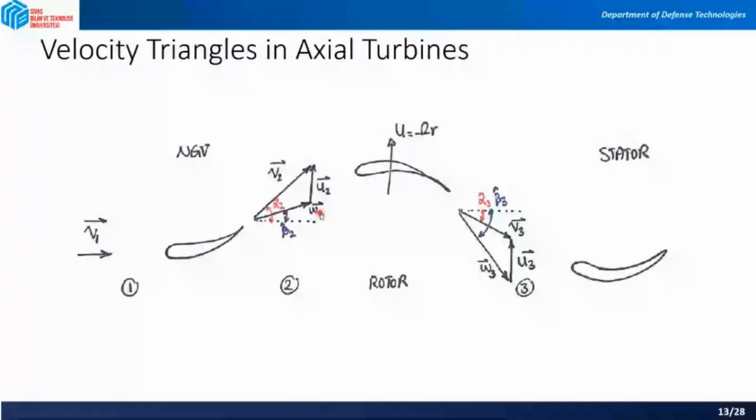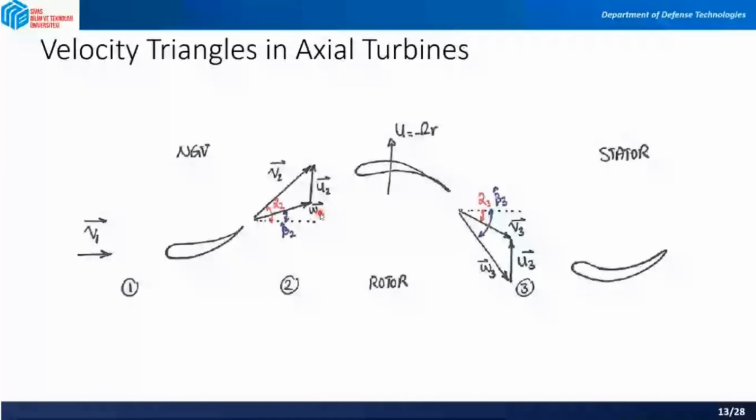So the gas is coming into the rotor blade with w velocity, relative velocity vector, and then leaves this with the angle beta 3. And as you can see, the peripheral velocity stays the same at the exit of the rotor,